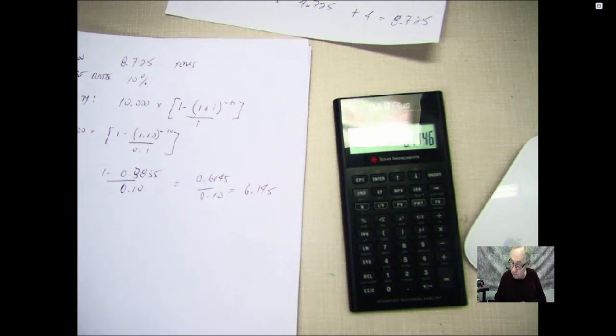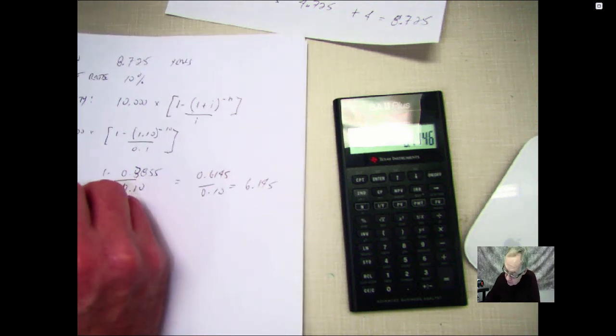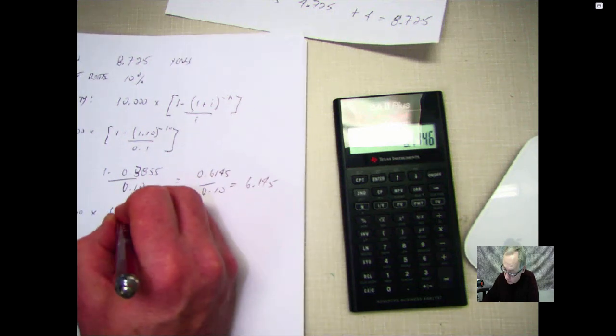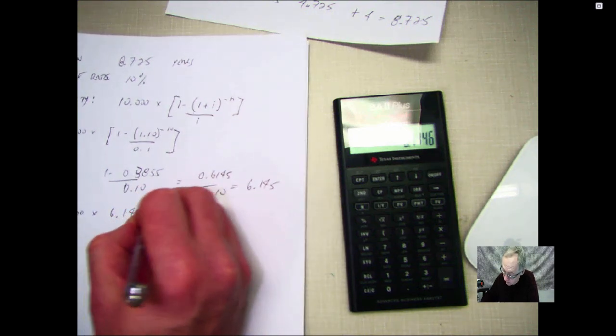So that's our annuity factor. Then 10,000 times this 6.145 is